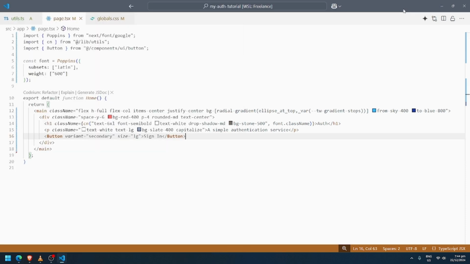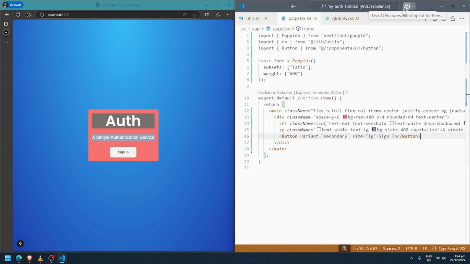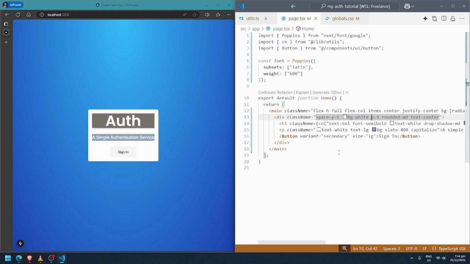And let's move it to the left, and we can see here the sign in auth. So we have now a layout auth, a simple authentication service, sign in. So BG, we can use BG white here so that it will be white.